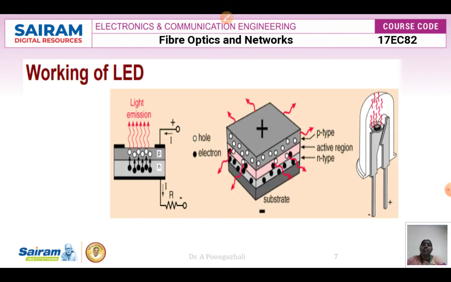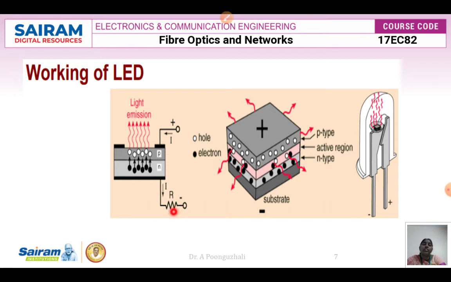This is the working of the LED. Here we have the p-type material and this is the n-type material. When the p and n-type materials are joined, we have a junction, where the electron hole recombination takes place. When the electron hole recombination takes place, a light is emitted, where the light has an energy of h mu. We know that an LED is forward biased. LED is forward biased means P should be connected to the positive terminal and N should be connected to the negative terminal.